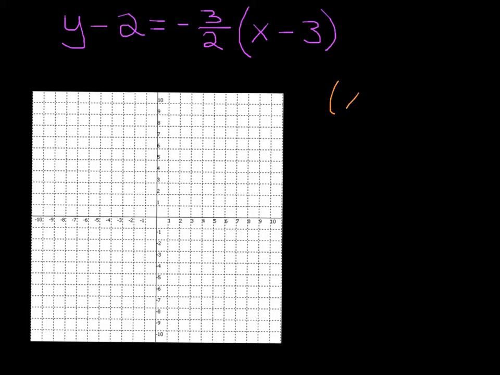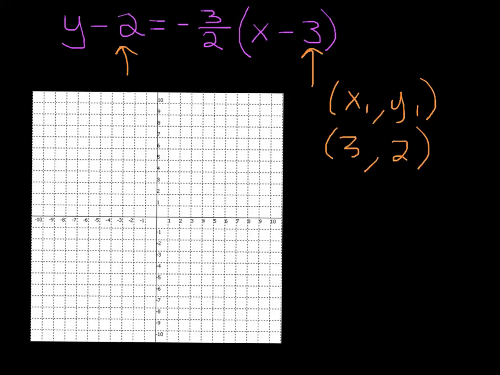So the point that we're going to use comes from our equation. 3 matches up with x, and then the number 2 matches up with y. So we have the point 3, 2. So let's graph that point, over 3, up 2. And now we can use that slope, m equals negative 3 over 2, and we're going to start from that